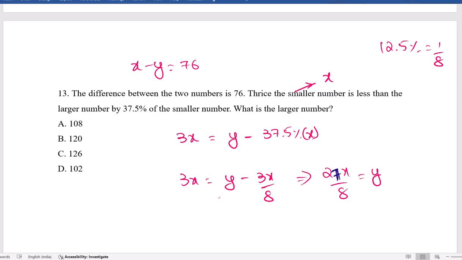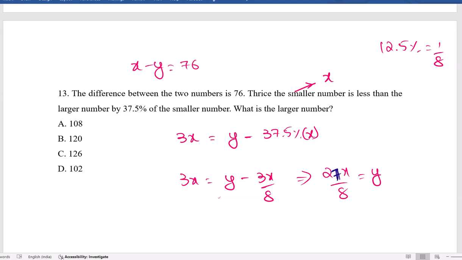Yeah, 12.5% is 1 by 8. 25% is 1 by 4, 2 by 8, nothing but 1 by 4. 37.5% is 3 by 8. When we send this term to that side and get the relationship between them and put that in the given equation,